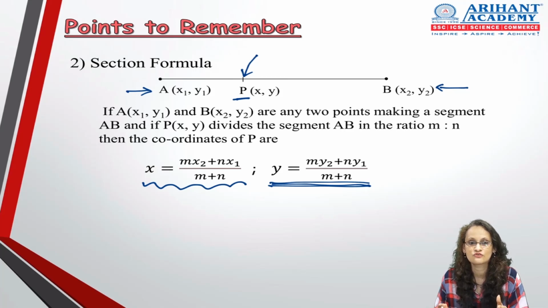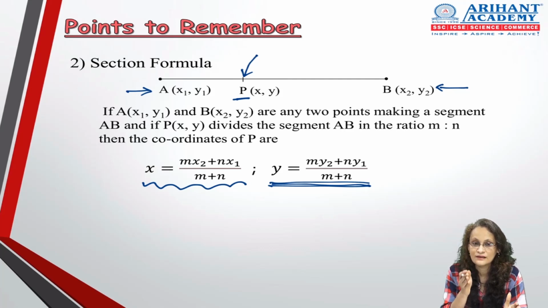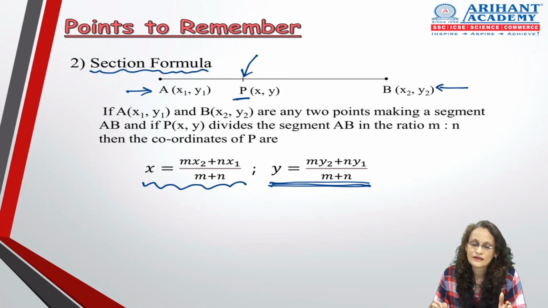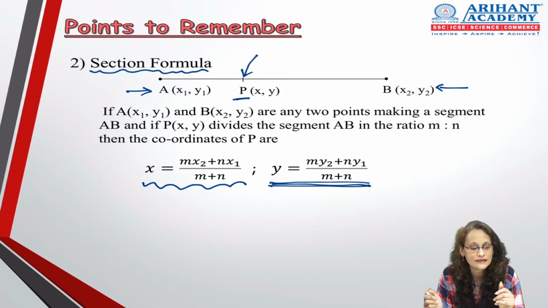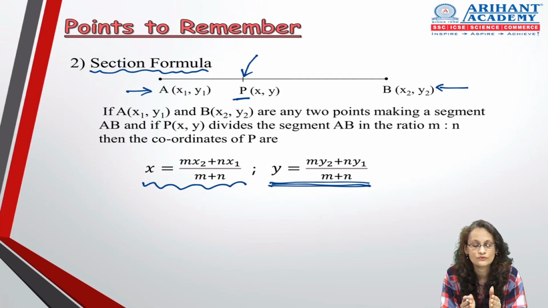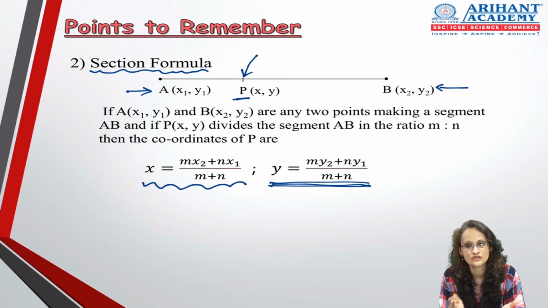So this is your section formula to find out the coordinates of the point P, and P is the point which divides the segment AB into 2 parts. It creates a section. That is why the name section formula. So all the formulas in this chapter are self-explanatory. Like we saw earlier the distance formula: the name distance came, so we understood that if we have to find distance, we will use the distance formula. Now if a segment is being broken into 2 pieces, it is being divided, and we are creating a section in it, so we will take the section formula. Alright, I hope we are very clear with this.